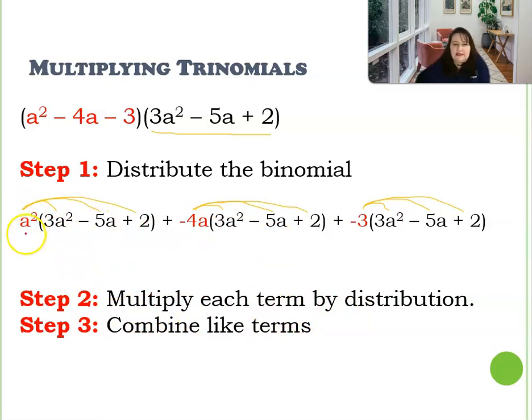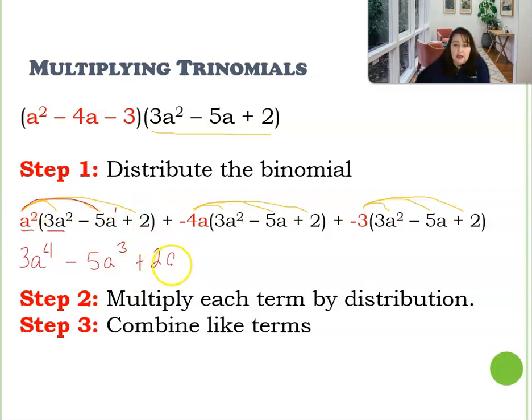What I mean by that is I'm going to take this a squared and multiply it to this 3a squared. So I'm going to end up with 3a to the 4th. It's the first thing I want to do. And then I'm going to multiply this a squared to this negative 5a. So it ends up being a minus 5a, and I end up with a cube, because remember there's a power there. 2 plus 1 is 3. I'm adding my powers. And then I'm going to do a squared times 2,